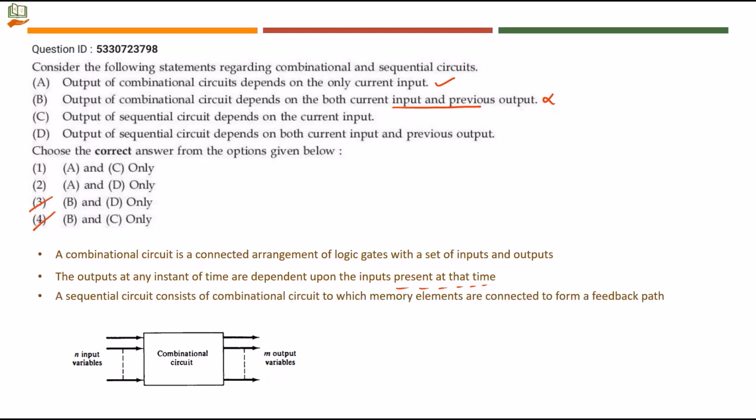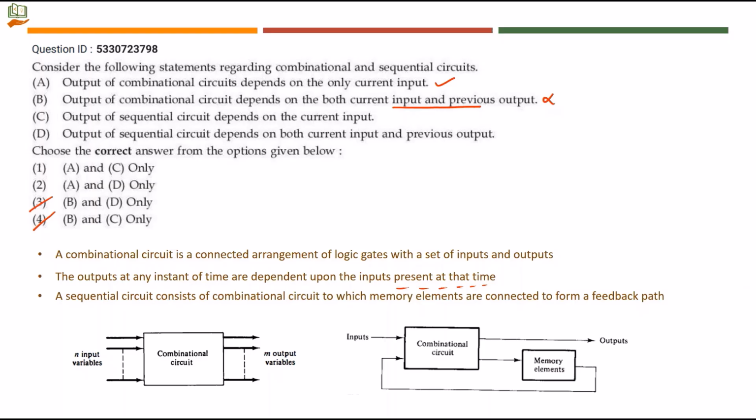Now what is a sequential circuit? A sequential circuit consists of a combinational circuit to which memory elements are connected to form a feedback path. When there is a feedback path, it means you get output here, and from this output, something is entering as an input here. So this is what they say. The previous output is also fed as an input here. If this is going to be the case, output of sequential circuit depends on both current input and previous output